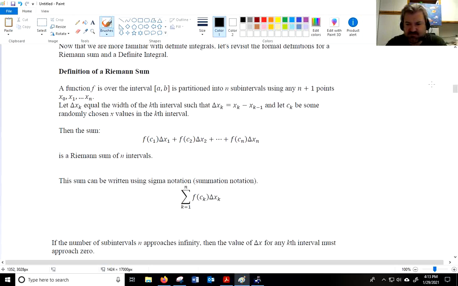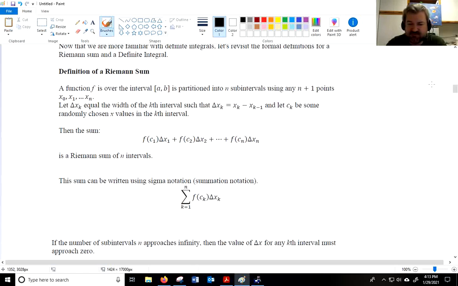So that delta x sub k is delta x sub k minus delta x sub k minus 1. And we'll let c sub k be some randomly chosen x value in the kth interval. Then we know that the Riemann sum is f of that randomly chosen point. It could be a left endpoint, right endpoint, midpoint, or just anything, times the width of that interval, which we're